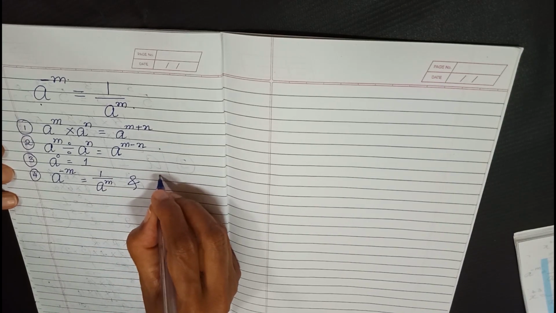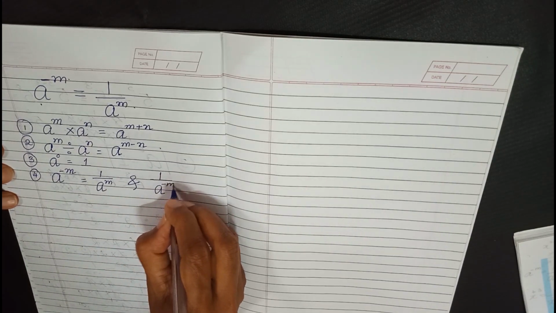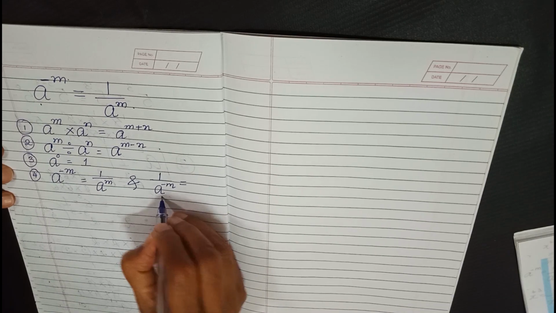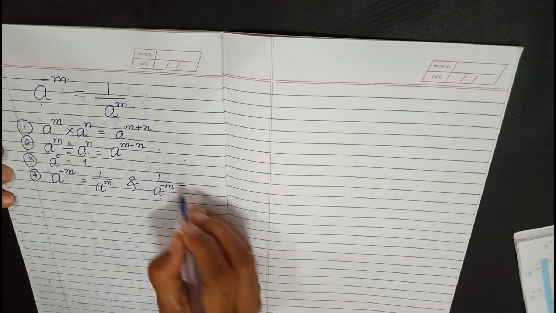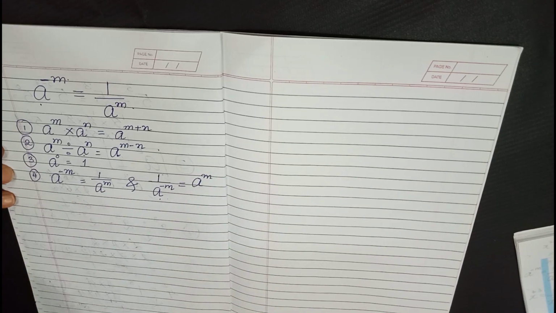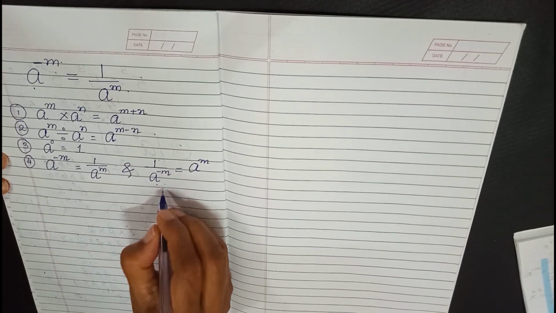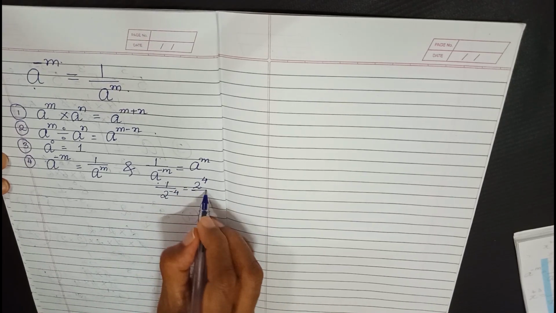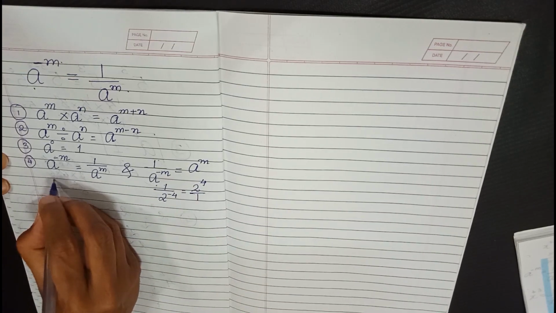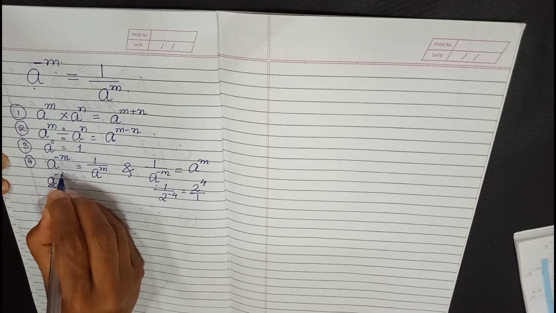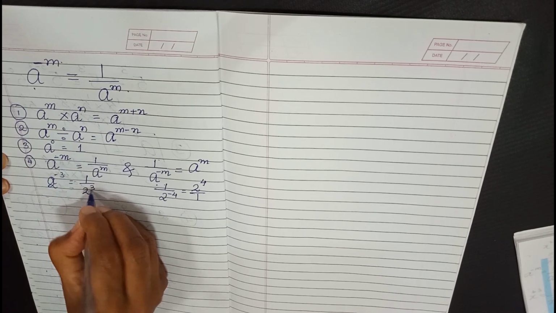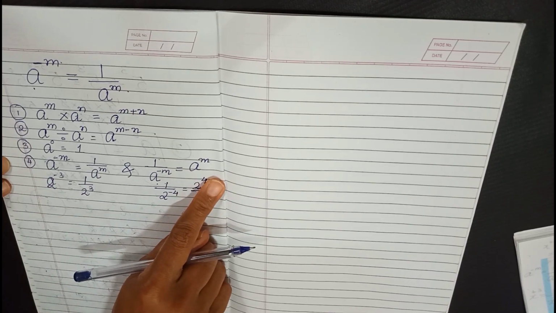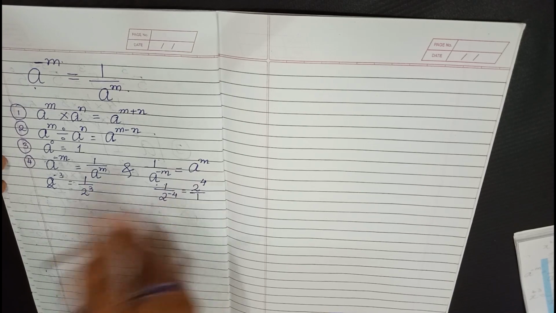And this also will be true if you have it like this. If we have a raised to minus m in the denominator, it means that this number's position is not the denominator, but it should actually be present in the numerator. So it can be written like this. Right? For example, if I have 1 upon 2 raised to minus 4, it means that this number is actually 2 raised to 4 upon 1. Right? Similarly here, if this is 2 raised to minus 3, it actually means it is 1 upon 2 raised to 3. So if it is written in the numerator like this, it will go in the denominator. If it's written in the denominator, it will go in the numerator. So these are the 4 rules that we have learned till now.